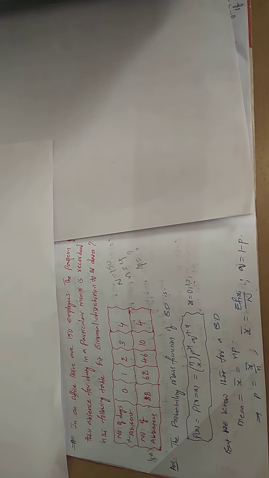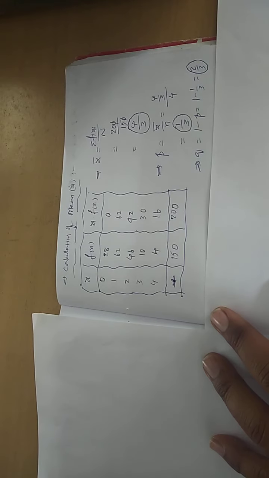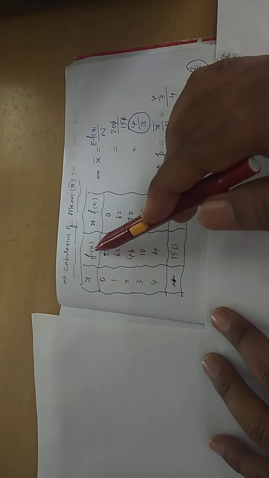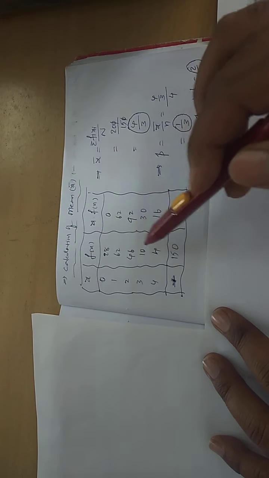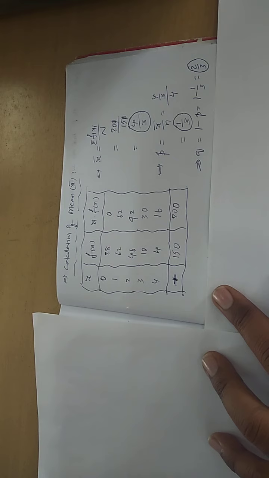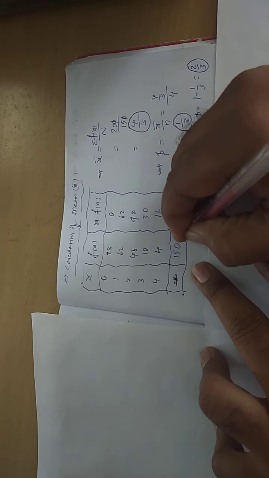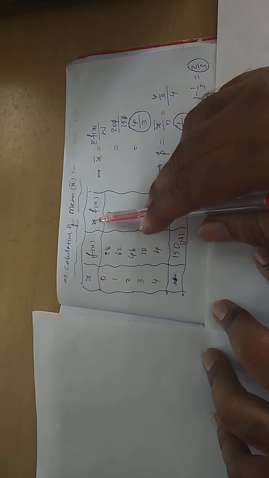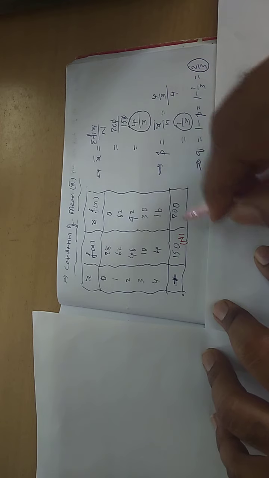The problem within the problem. In these problems, huge calculations would be there. So you need to calculate the mean in one table, and for expected frequencies, one more table. Now all of you look here, I am calculating the mean now. In the problem, x values are 0, 1, 2, 3 up to 4. What is f of x? 28, 62, 46, 10, 4 from the data. This total is nothing but, if you want, you can write this as capital N, the total of the frequency. So what is the product? Sigma x f x product is 200.